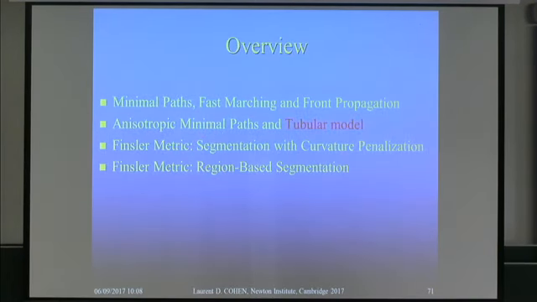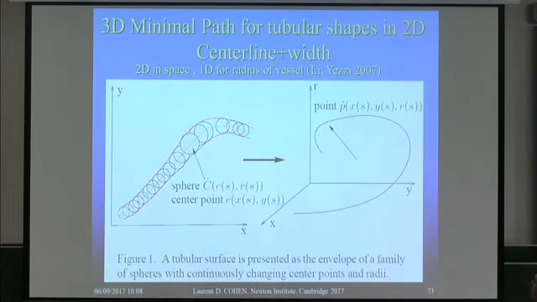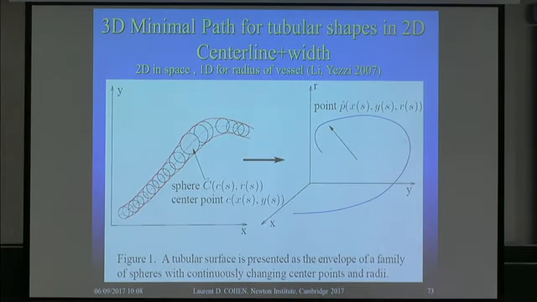Okay, so this is basic minimal geodesic, and it was extended in the past years to different spaces and different metrics. One interesting space to look at is the 2D plus radius space, which enables you to consider a tubular model. As I showed in the first slide, this is very well adapted to tubular structures like vessels, and a tubular structure can be described completely by its center line and local radius,